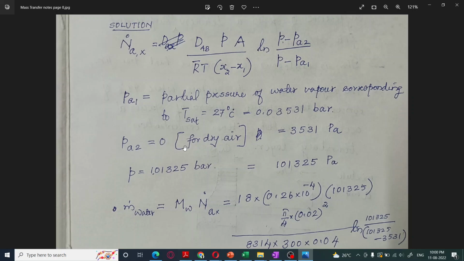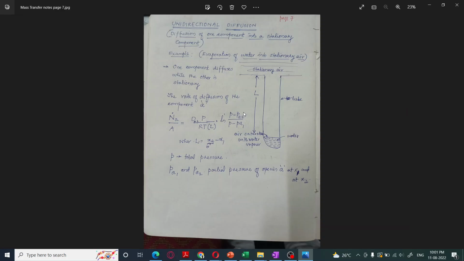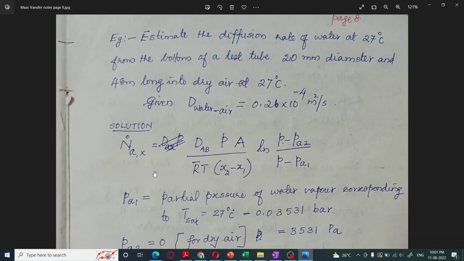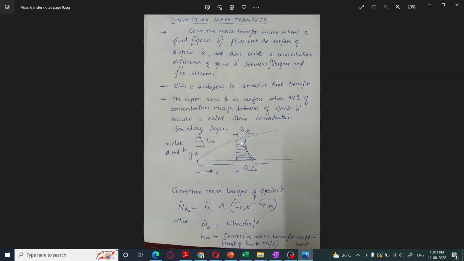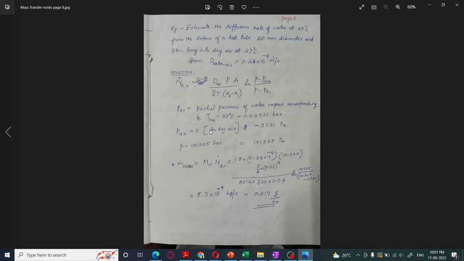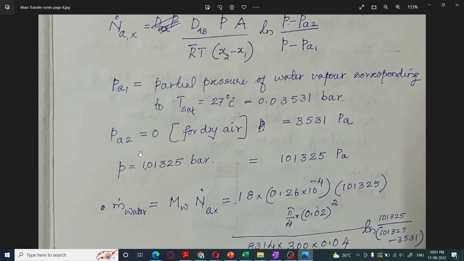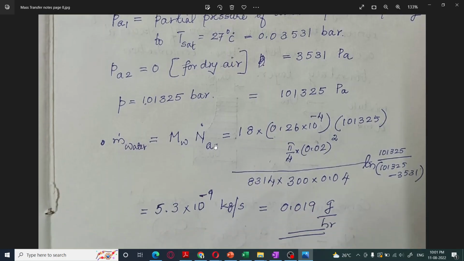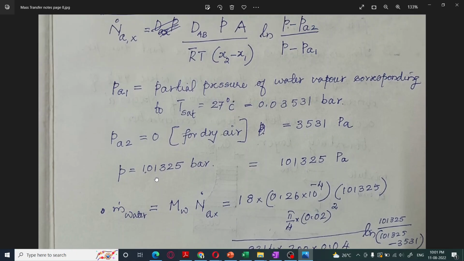Then PA2, we can assume that it is dry air. Equimolar counter diffusion takes place into dry air. See, 4 centimeter long into dry air. So dry air will have only dry air component and there will be no water vapor component in it. So you can say that it will be zero. So substituting the values, we can get